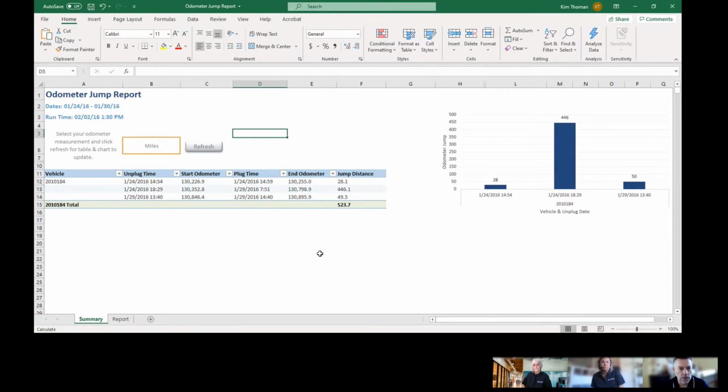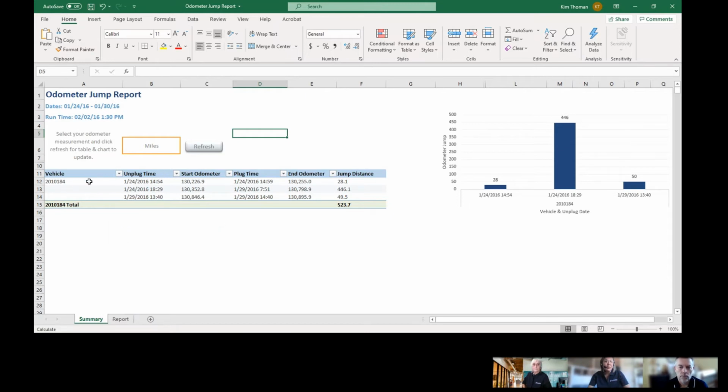Okay, let's jump into the jump report. So the jump report, it just makes it very easy to outline. Now I have, in this case, I have shared the reports tab too. For those of you who are not familiar with GeoTab reports, it's always going to come up with your summary report showing, but you have the ability to hide or unhide some of the other tabs. The reason why I unhid the reports tab is because I want to show you some of the data behind